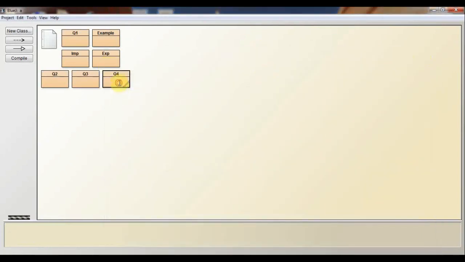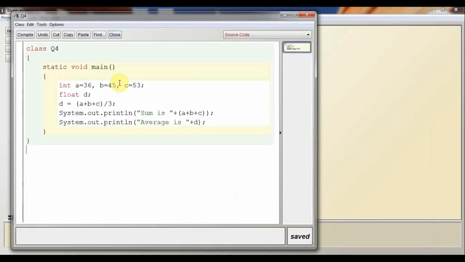So here, how to solve this type of error? Then here we'll use explicit type conversion. Here we'll use explicit type conversion because in a, b and c, the addition of a plus b and c and divide by 3, so your answer will be in integer form. Now you have to convert your answer in decimal form, means float type. So here we'll use type casting or explicit conversion. So in the bracket you have to write float.